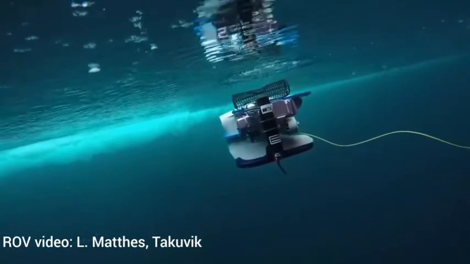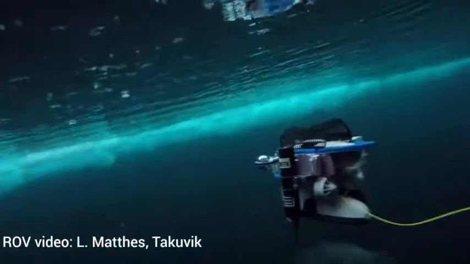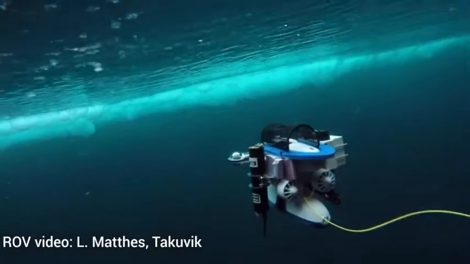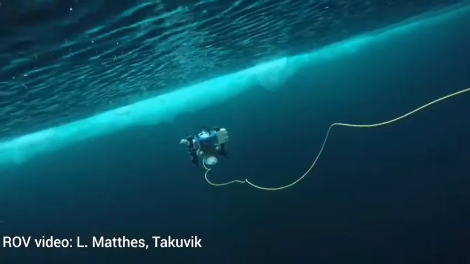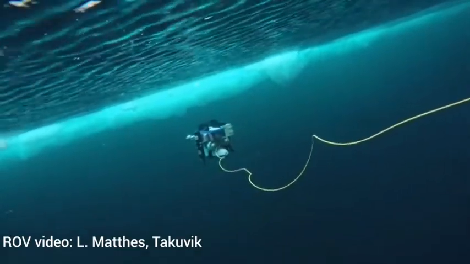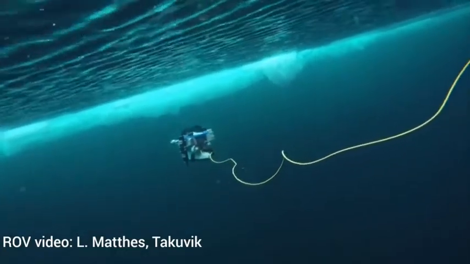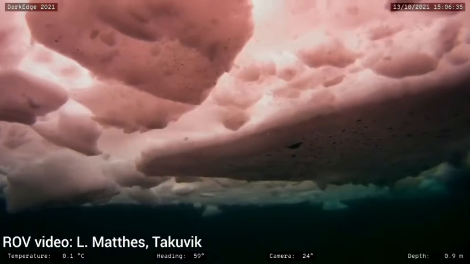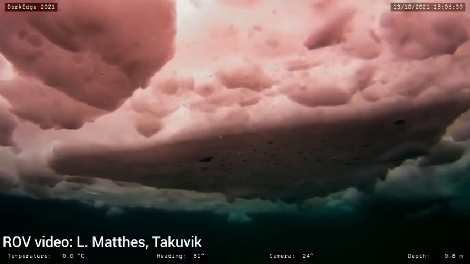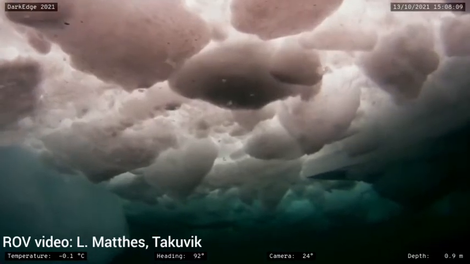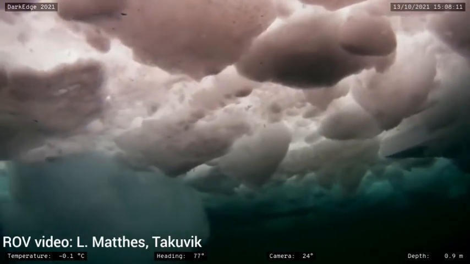Also here is from my work, actually together with the other people from the Takuvik group. That is the little ROV that we deploy underneath the sea ice and that we use to measure the light field underneath the sea ice. So this is a small tool, as you can see, but it's very nice. We can take it out on the small boat without much logistics and have a look at the underside of